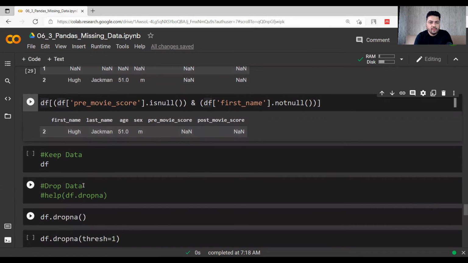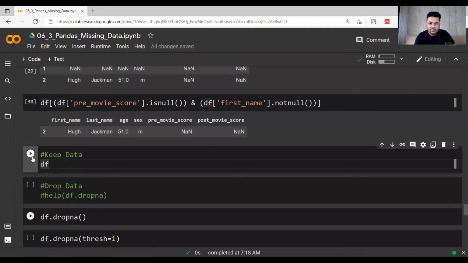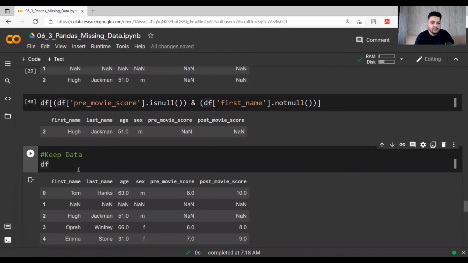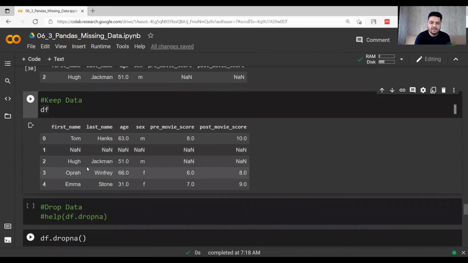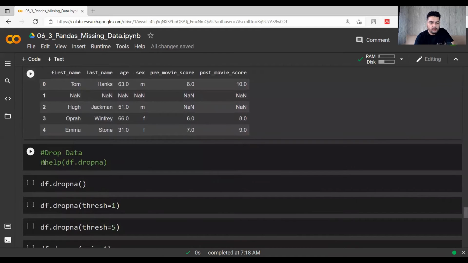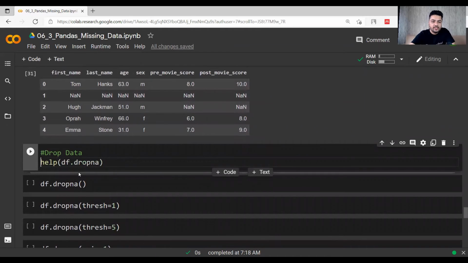So we can use multiple conditions also. Now if I want to keep my data, it is simple. Do not do anything on your data, and you can simply use the df and keep the data for whatever reasons you want to work with it. Now when you want to drop it, let's say I want to see the help function first, df.dropna.